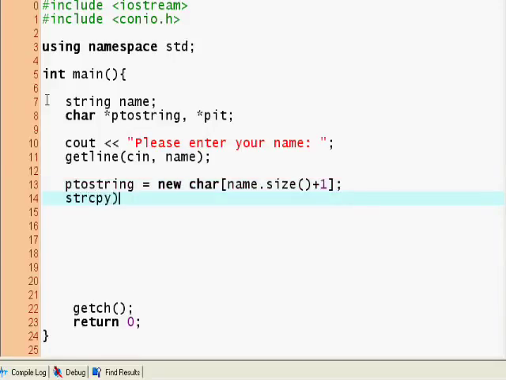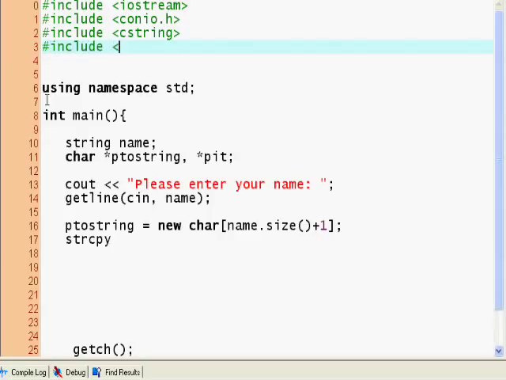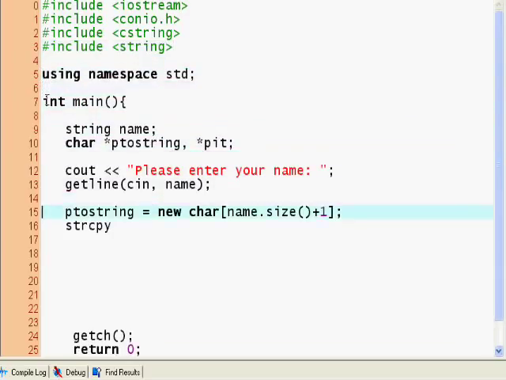Oops, I forgot to include a couple of things here. Include cstring, include string. Okay. Nice. So I'm going to use the string copy method, and I'm going to copy into p